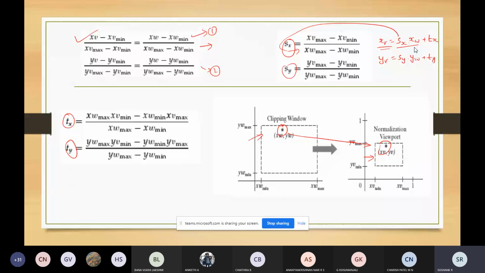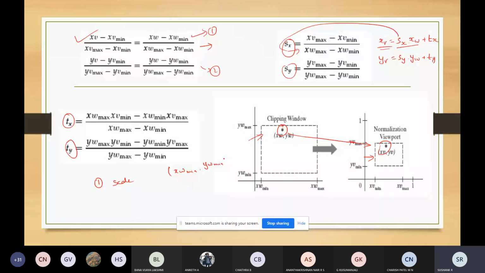You are scaling the clipping window to the size of the viewport by using a fixed point position, the minimum position xw minimum, yw minimum.